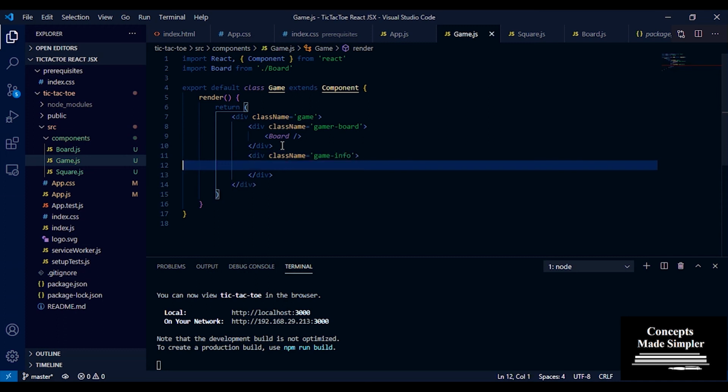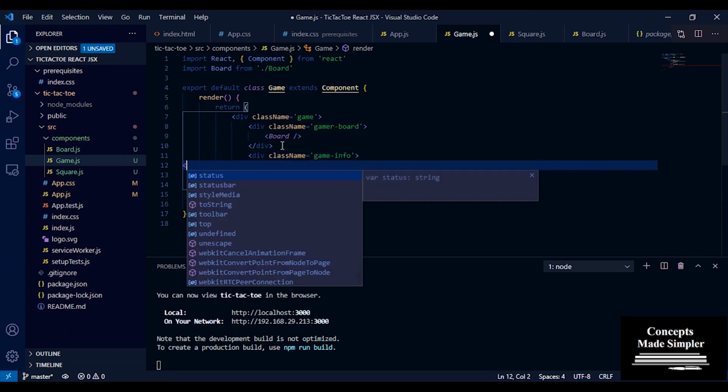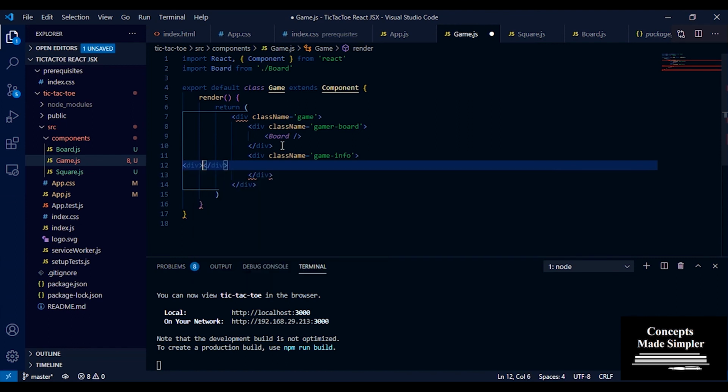Okay, and inside this, I want one div with the status, right? That was there. So I'm just going to put to dos here for now, because I just want the basic structure and hierarchy for this video, and then we'll move on to the specifications in the next videos.